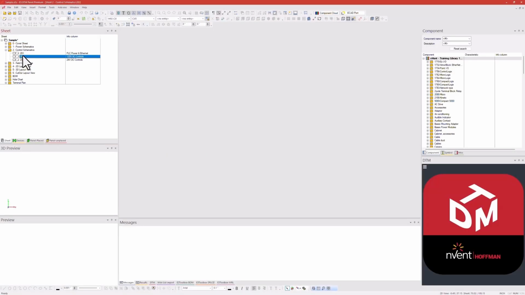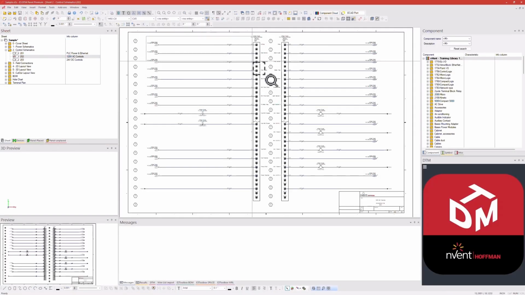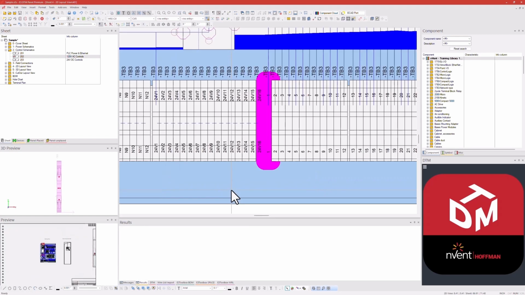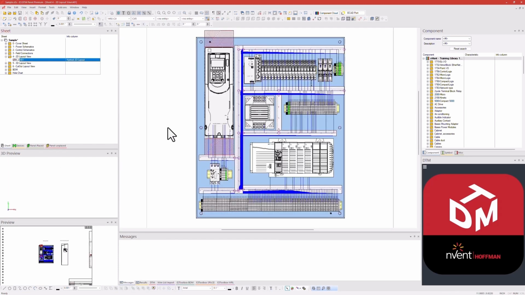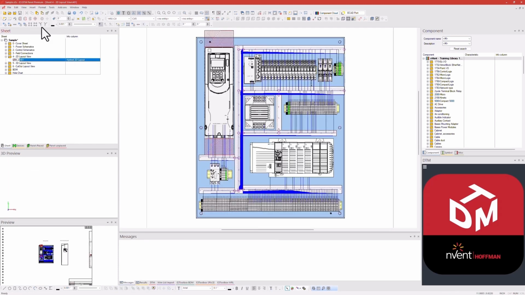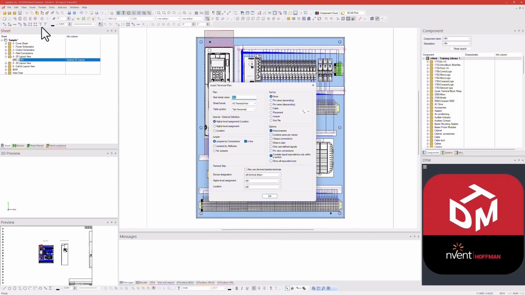In this video, we'll explore the ability to generate a terminal plan in the design to manufacturing software. The terminal plan command can be found under the Insert tab. After determining the starting sheet name and sheet format, multiple options can be configured to customize the layout of the